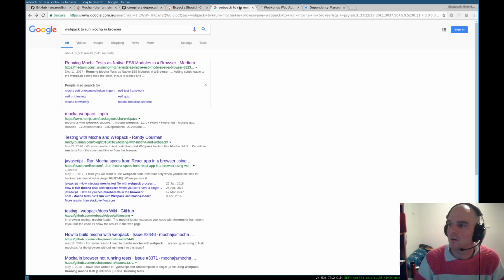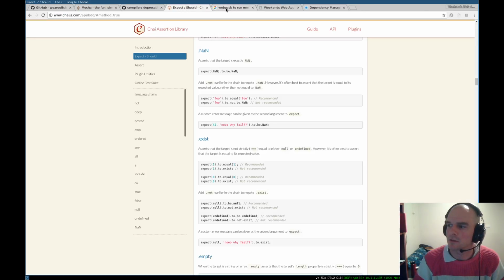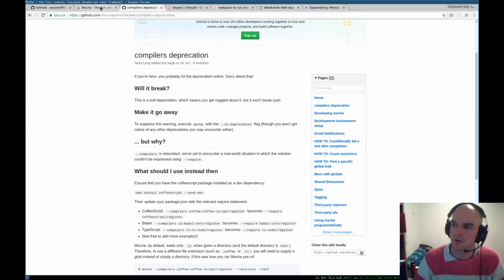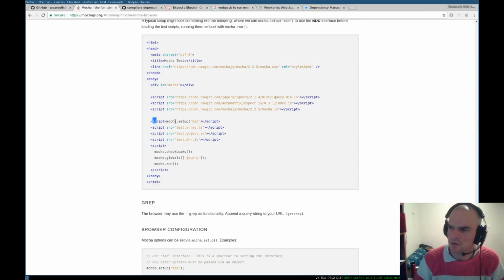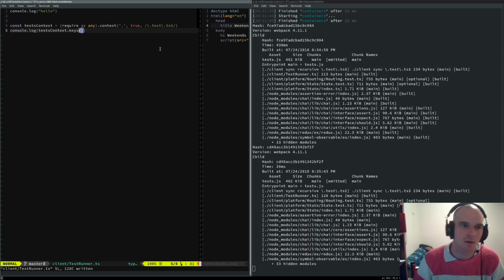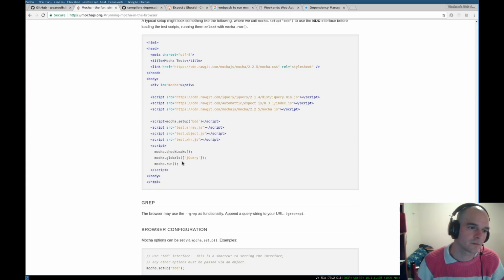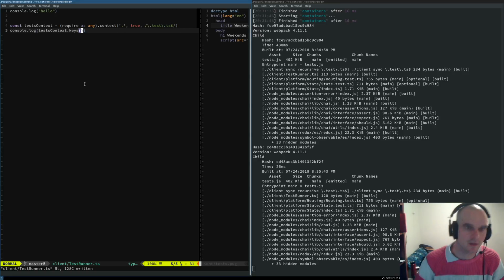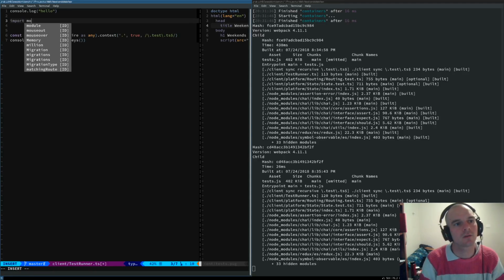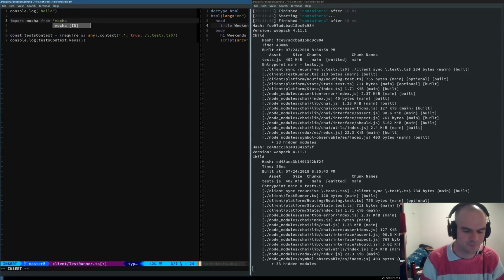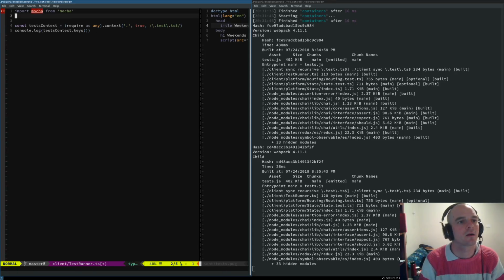What we'll be looking to do is probably set up Mocha, and then, so you can see here we've got this mocha.setup, and then after that we have to require all of these items in the context, and then after that we should just be able to run these three and then kick on through our process. So that's what I'm going to try and do. So we've got to import Mocha, that's for sure.